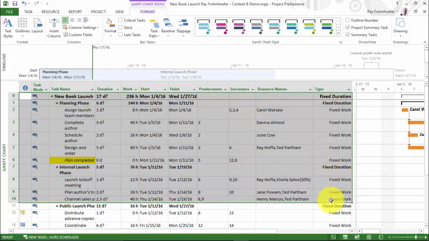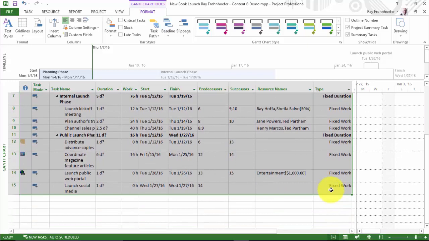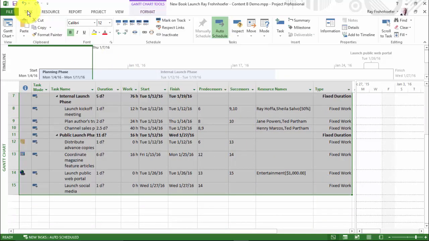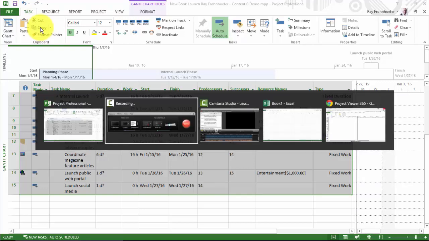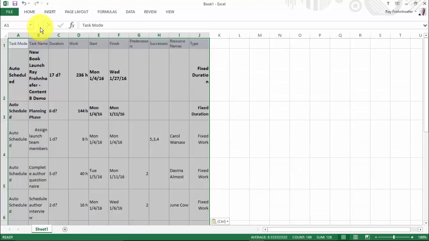What I'm going to do is select all the rows and columns that contain data. I'm going to come to the Task tab and click Copy in the Clipboard group. Now I can bring up my blank Excel spreadsheet that I've got waiting, and I can simply hit Control V for paste.